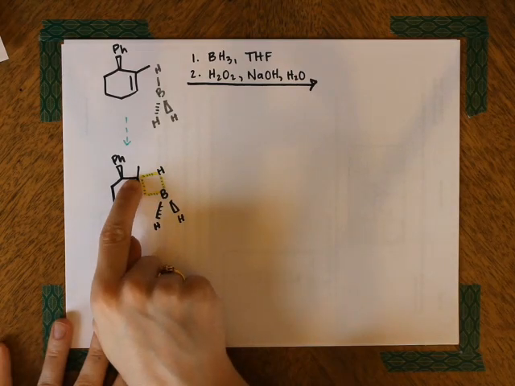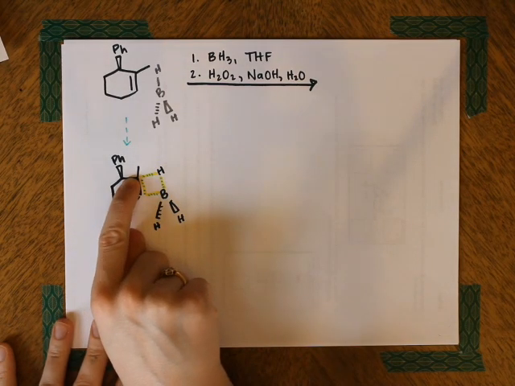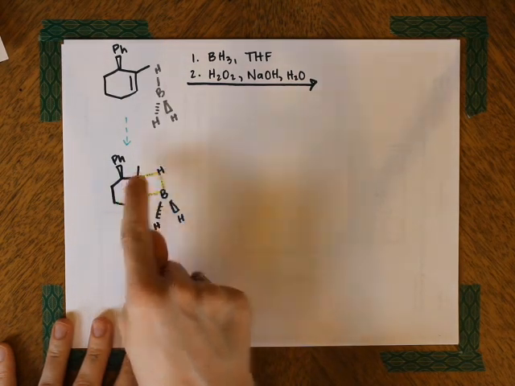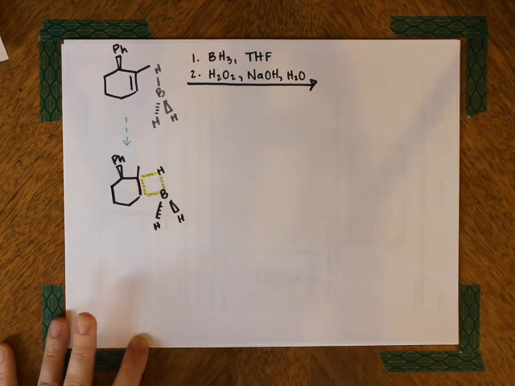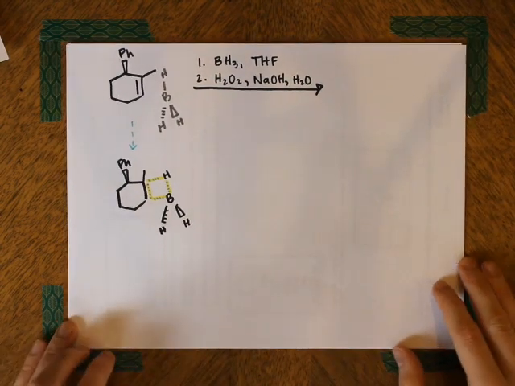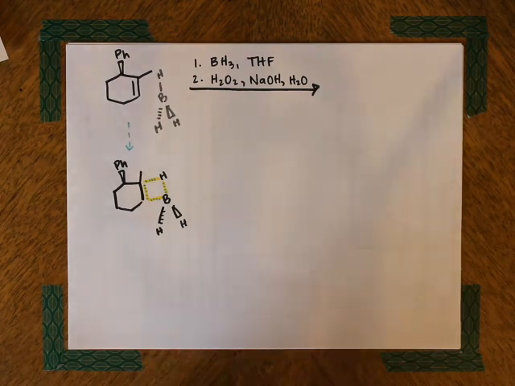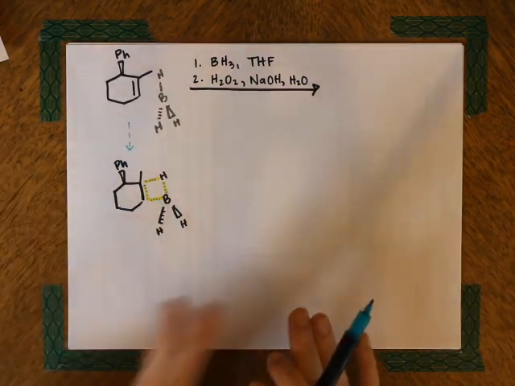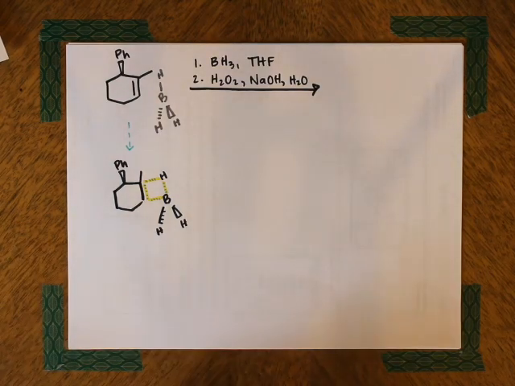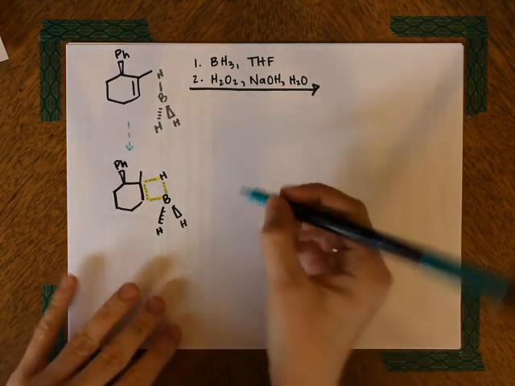So this is the more substituted carbocation for the longest amount of time. So this bond between this carbon and that hydrogen kind of forms last. Now you don't really need to know how to show that, so it's not super pertinent. But this is the kind of transition state that we're going to go through. And so what ends up happening